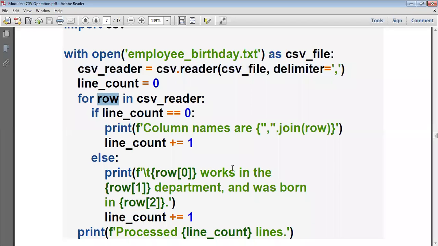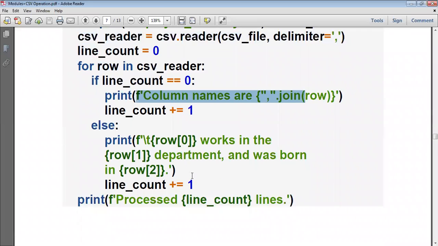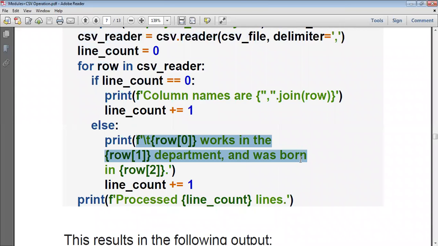The first row will always be the column names, so line count 0 means the column names have to be displayed. After that, I display each and every row's content and, at the same time, increment the line count. Finally, when this for loop exits, the line count represents how many lines are in your CSV file.